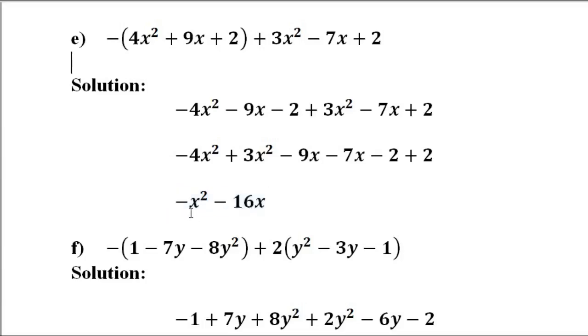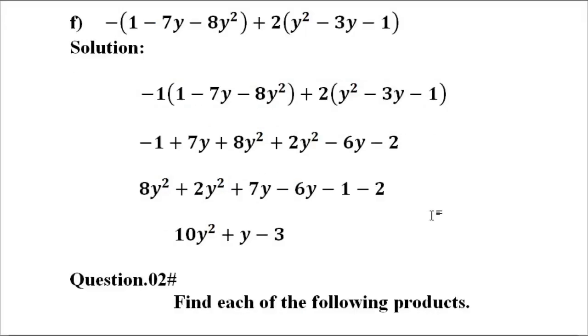Now we have negative x squared and negative 16x, which are unlike terms and cannot be added or subtracted further. Thus, the simplified expression is negative x squared, negative 16x. Let's move on to number 5, where we have negative, and then in parentheses, positive 1, negative 7y, negative